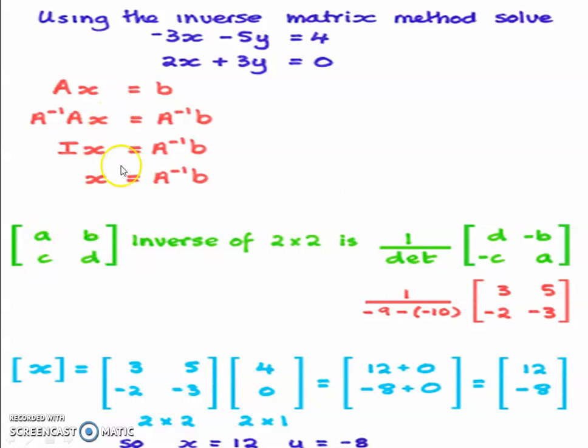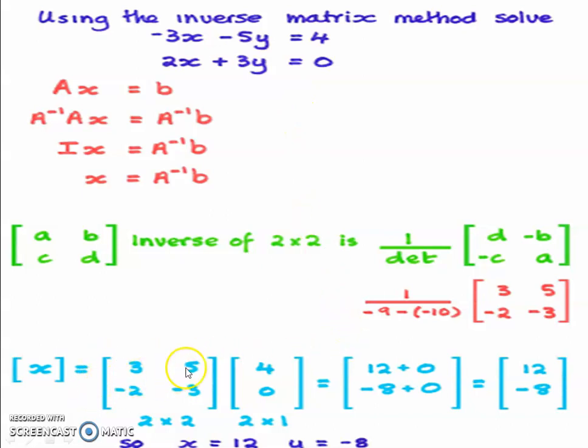We have to compare the matrix A is minus 3, minus 5, 2, 3. So we have to find AD minus BC, that is 3 into minus 3, minus 9, and 2 into minus 5, minus 10, minus minus plus. So we have to put the values of A, B, C, D. So 3, minus 3, 5, minus 2. It is the adjoint of the given matrix in the system of equations.